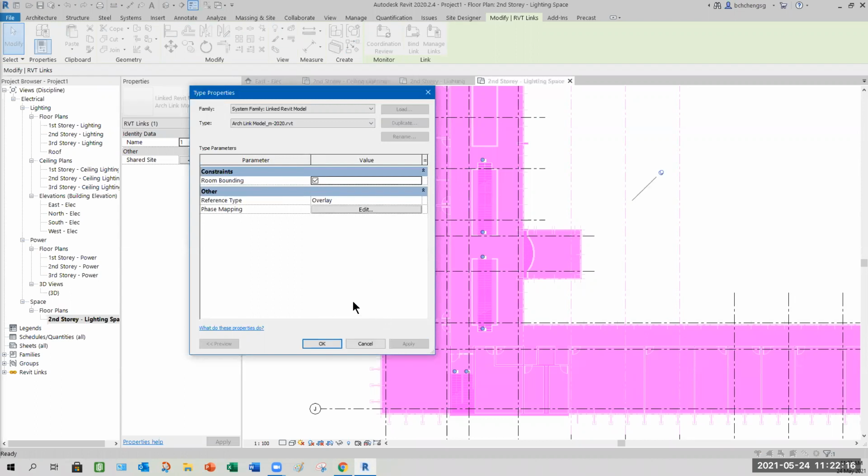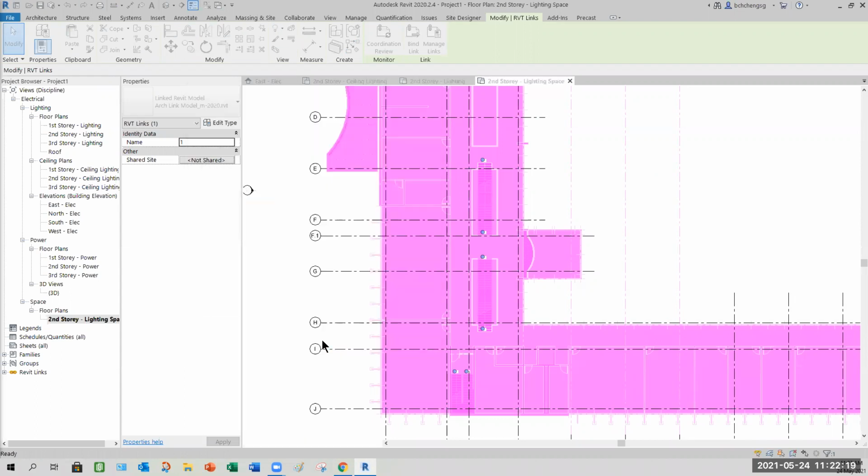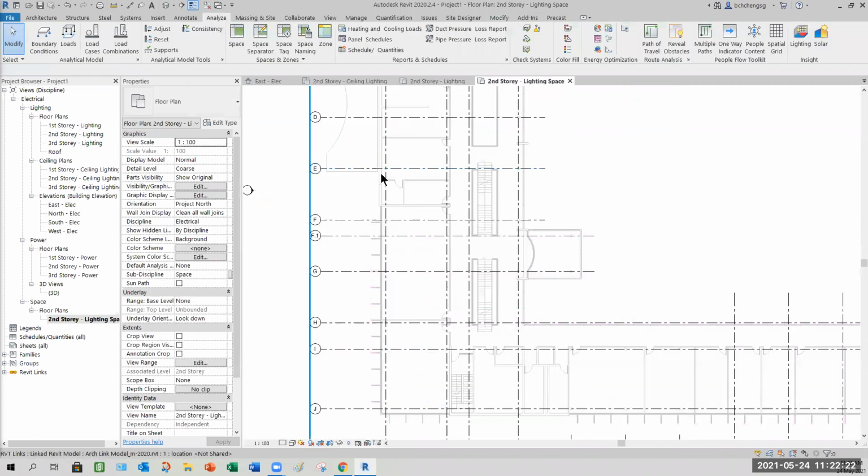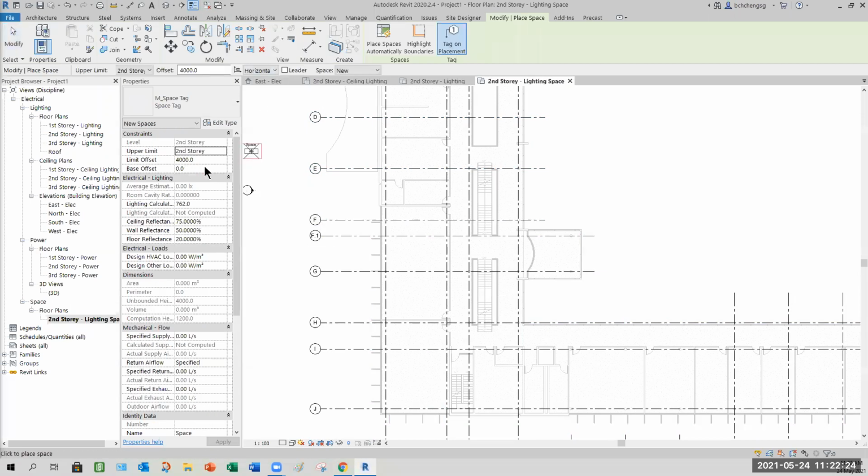So apply and okay. Now you see what happened if you clear your selection. Second story, offset is 26. Now you see that you're able to tag. So if you are doing your assignment, you do two plans, right? One is at first, one is at second, or one is at first, one is at third. You can tag this and create a view. Okay, so for my case, when I tag this,